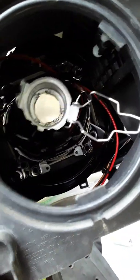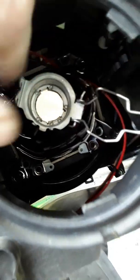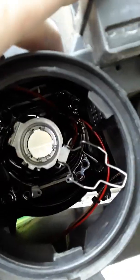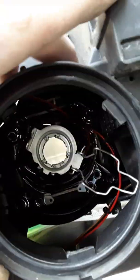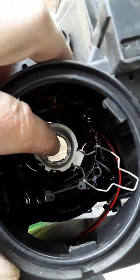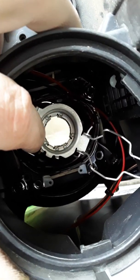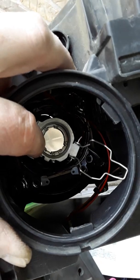Now once you get it out, you can see these. This is the main beam. That's the high beam. They have these little clips to clip in a normal light. Well, if you're doing that, that's fine. Just put it in, go with the flow. If you want to do the LEDs, I noticed inside there's this little plate. You can see that little line there in the glass, which is about how far this little plate came up